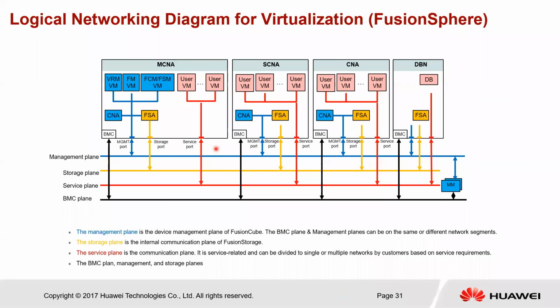Okay, from the networking point of view, you can see here we have the different network planes. One is called the management plane, the storage plane, the service plane, and the BMC is the board management, which is, if you are not aware of iBMC or iLO technology from HP, which can directly capture the remote control of the server. So this is a different network. So you can say in this topology, you have four network requirements,